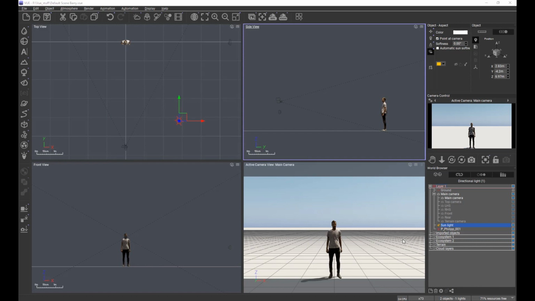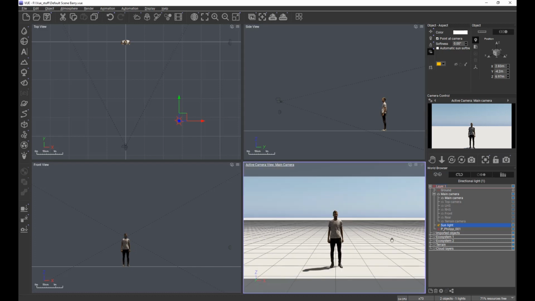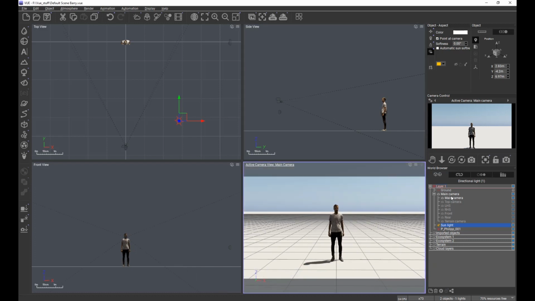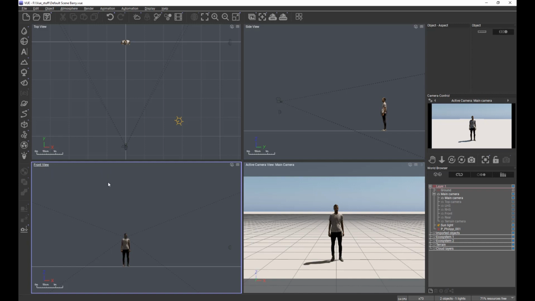One of the things I have set up and use quite often is I've preset some cameras. By default, we have a main camera and a top camera. Now you can see I've added a left-hand side, a right-hand side, a front, a rear, and a terrain camera. Why have I done this? Simply because at the moment we can see from the left-hand side and from the front, which is fine,